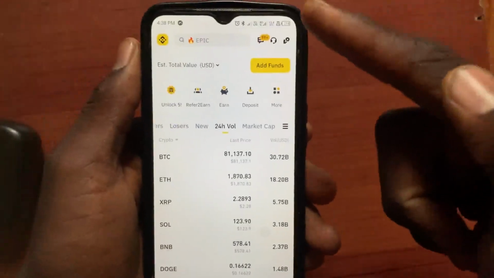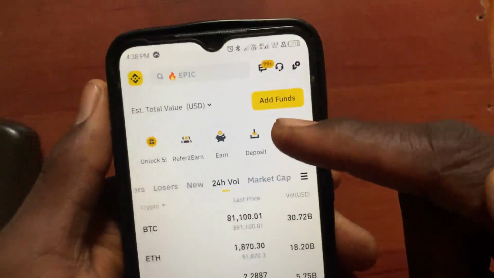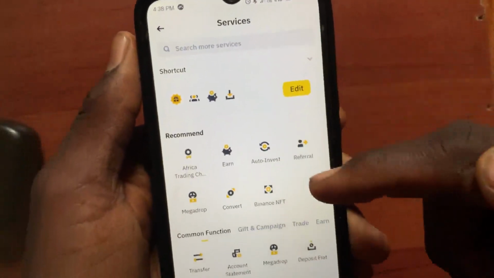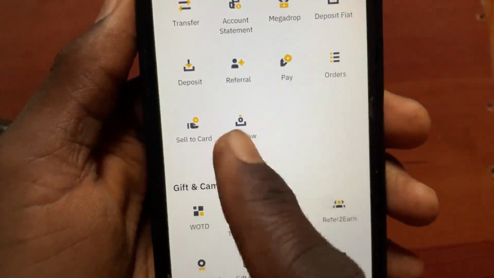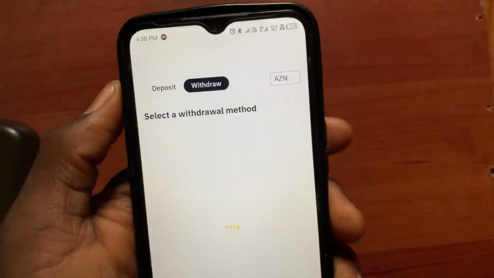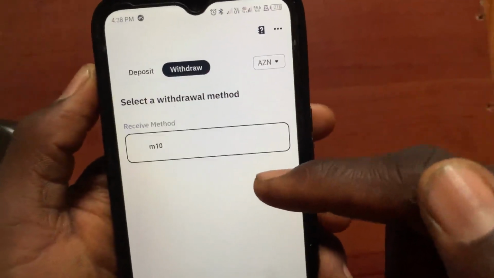After you open up your Binance app like this, now go ahead and tap on this more button. After you tap on this more button, now scroll all the way down and go to this withdraw fiat. Withdraw fiat, this one. After you tap on the withdraw fiat, all you have to do now,